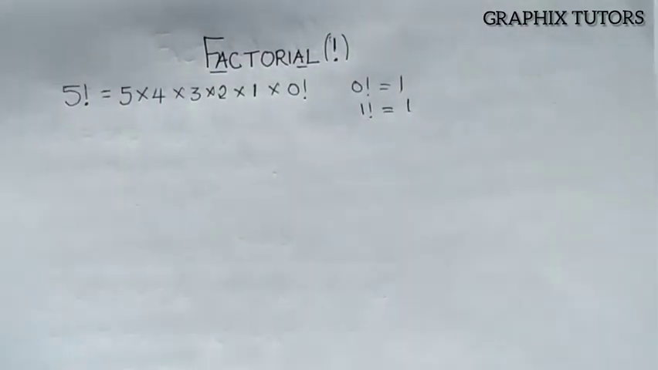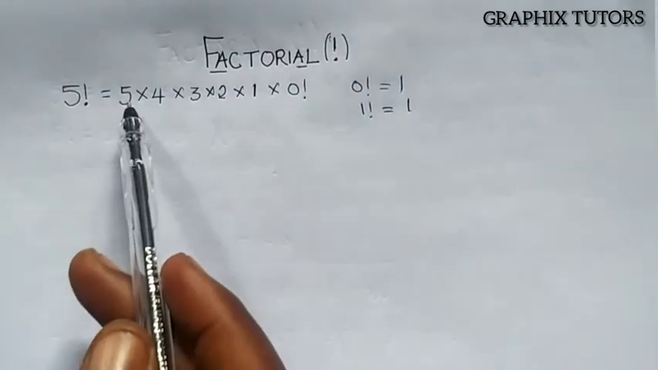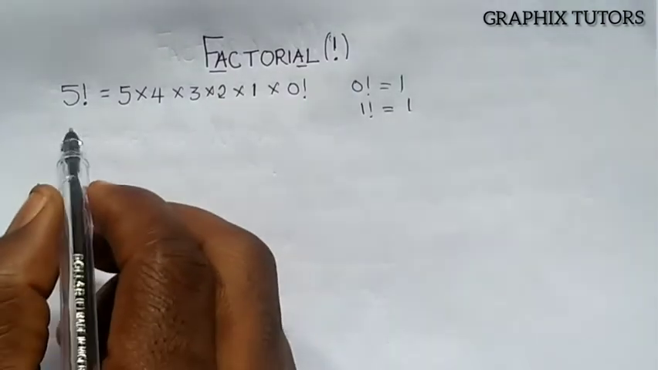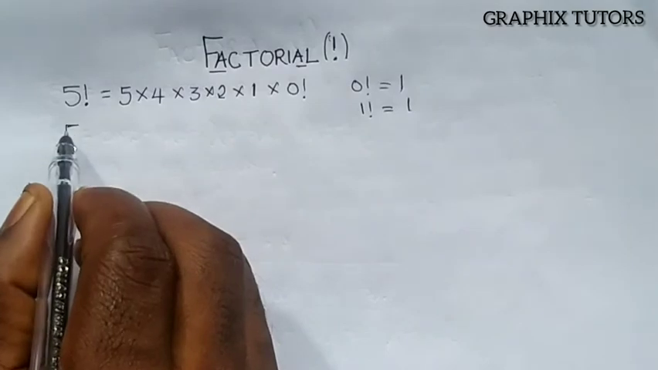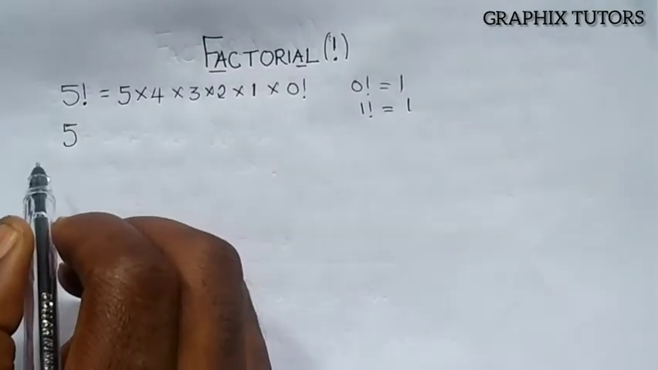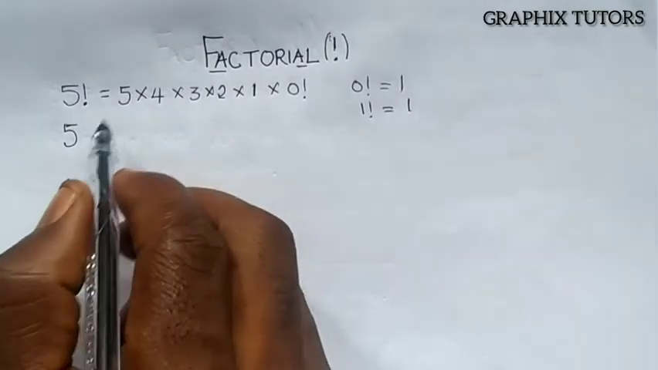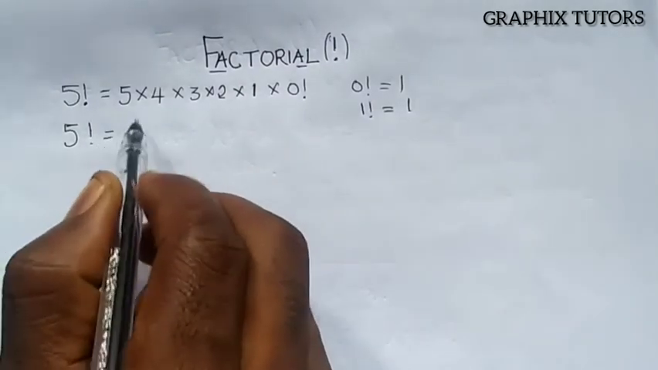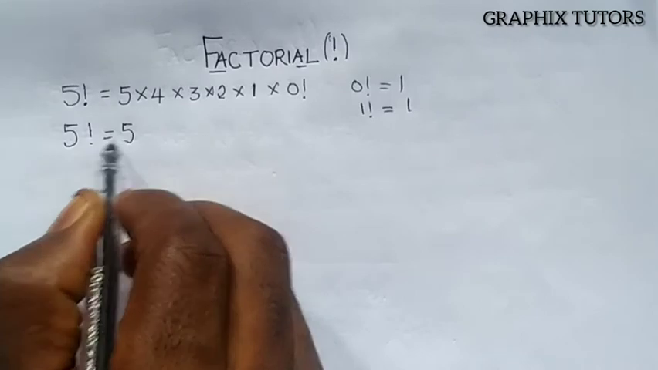How come we are multiplying values from the value down to the lowest part of it in descending order? This is what it simply means here. My 5 factorial, now look at another illustration here. My 5 factorial is saying the value 5